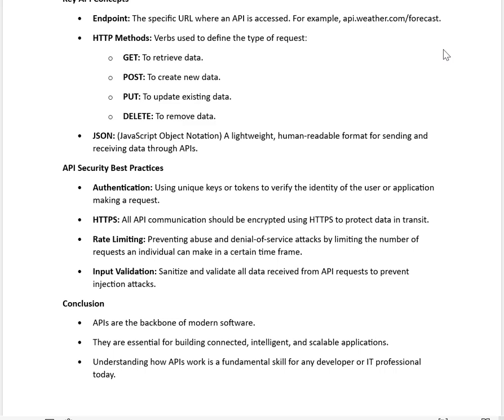And rate limiting: preventing abuse and denial of service attacks by limiting the number of requests an individual can make in a certain time frame. And input validation,